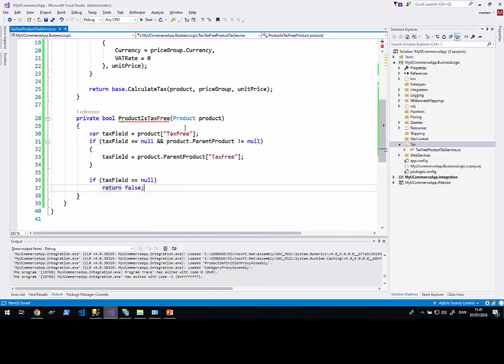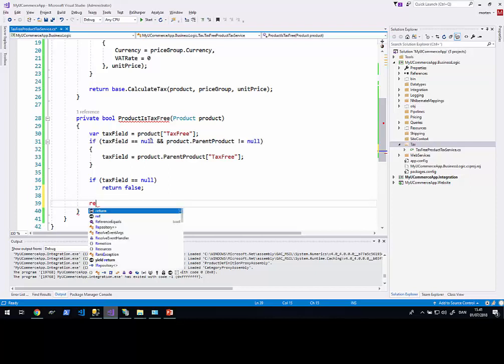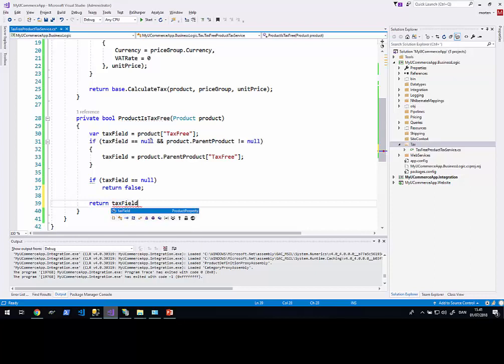Otherwise, it means that we could find the tax-free field. And now we just need to take a look at what the value is. Now we can say return tax field dot value not equal to null, and tax field dot value equals to true. And that's it. Now we need to register the